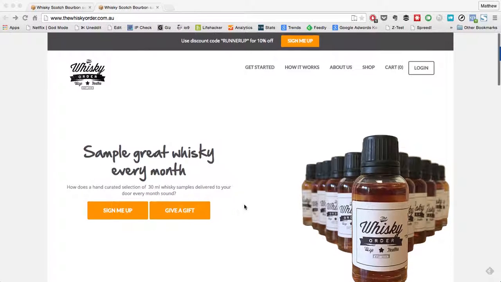Next, let's talk about your headline. Sample great whiskey every month. That describes what you do well. It's very easy to figure out what it is you do from the headline, but there's really not much of an emotional component. Instead, the emotional component seems to be here in the subheadline. So my suggestion is actually to switch the headline and the subheadline. So let's go ahead and do that. The headline, let's make that